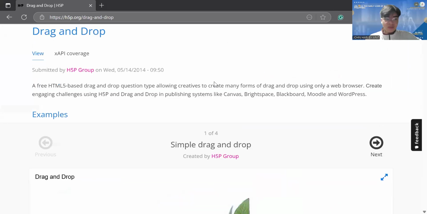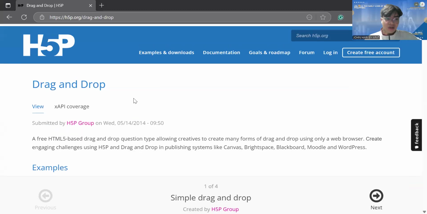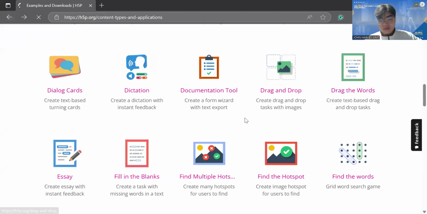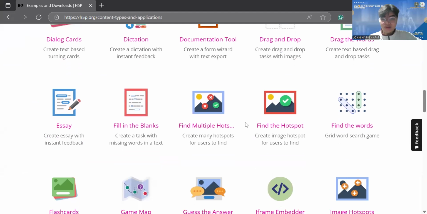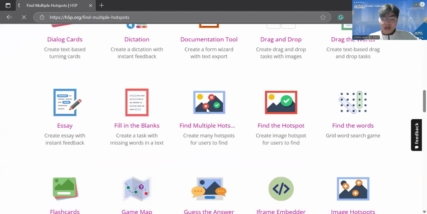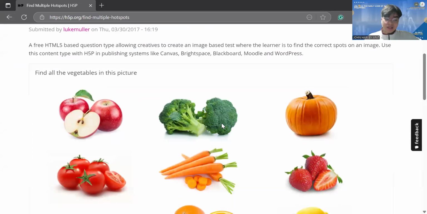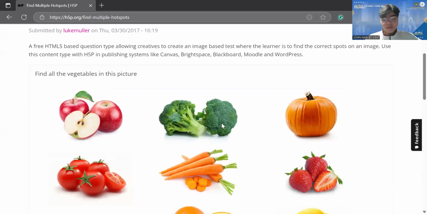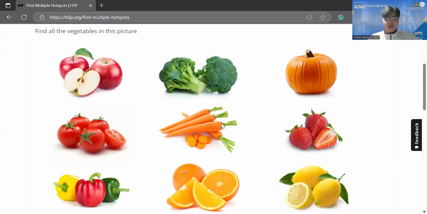If we do not want to use the drag and drop, we could also go back to the other examples. We could also use the find multiple hotspots. Here we have: find all of the vegetables in this picture. If we click this apple, since we all know that an apple is not a vegetable, the cursor will produce the X feature.